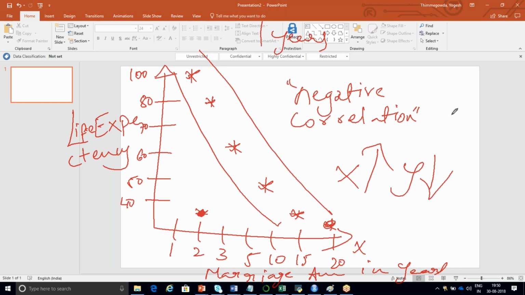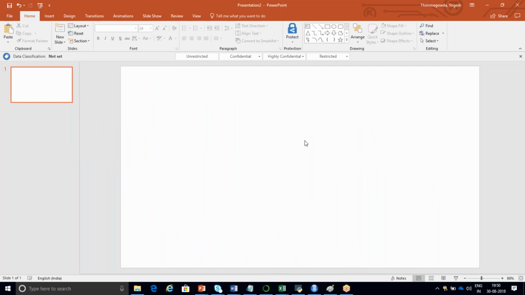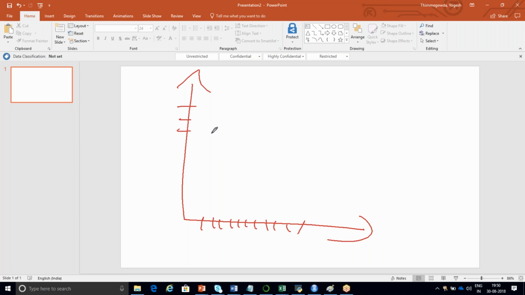Write down the examples of scatter plots with positive correlation and also negative correlation. Can you give me some other examples for positive and negative correlation? We can take the same example of marriage anniversary on the x-axis, and keep savings on the y-axis. Savings will come down as your marriage anniversary increases, with kids, family and all those things.